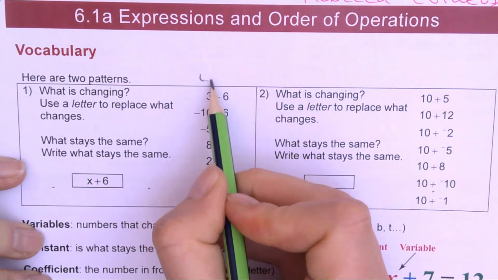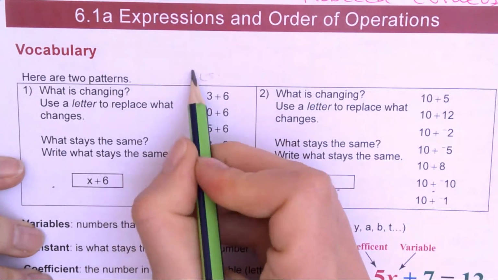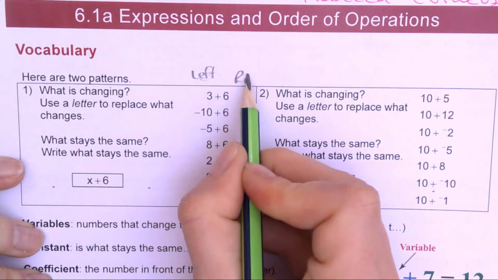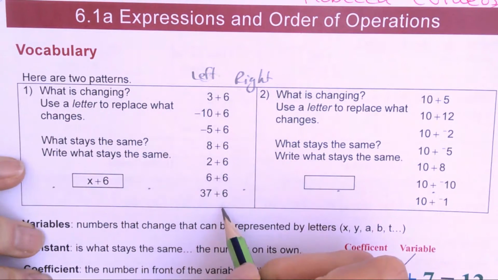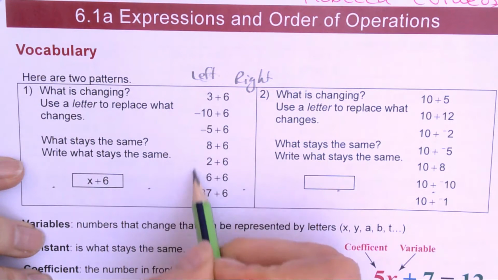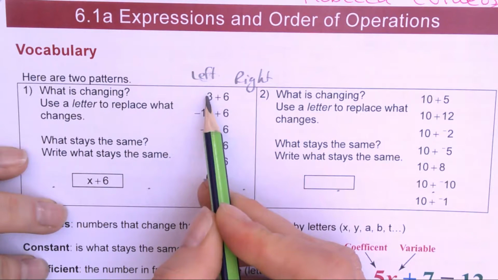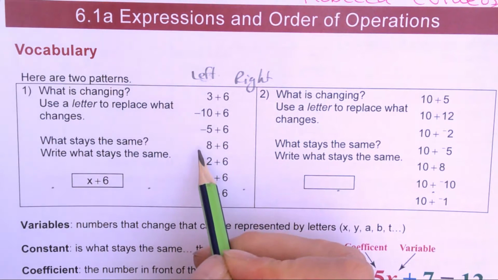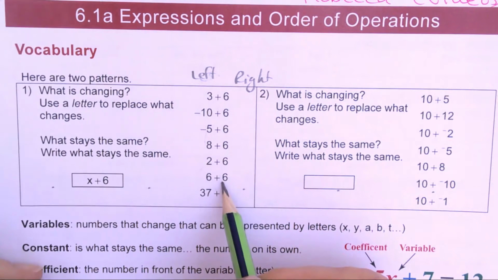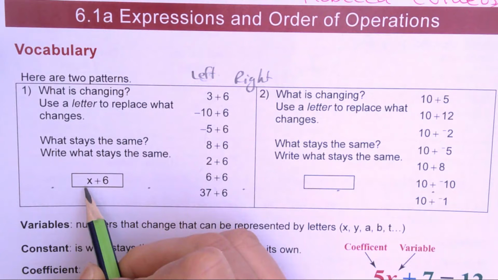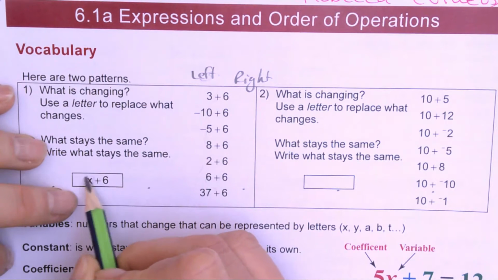The left side is changing, and the right side is staying the same. It stays the same, plus 6, plus 6, plus 6. But the left side is just changing. And so when we have something that changes a lot, what we can do is simplify it and make it easy to write and say, this is always changing, but we must add 6. So we pick any letter we want and replace the changing side with a letter